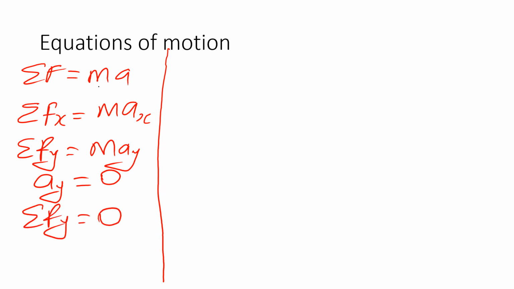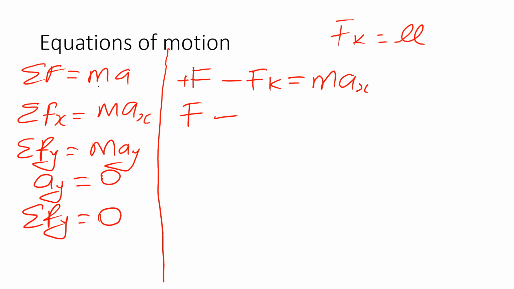Yes? Now, in the x direction, you have two forces acting. You have the force of pull going in the positive x direction, so it has a positive sign in front of it. And you have the force of friction going in the opposite direction, hence the negative sign, which is equal to m times ax. The force of pull is unknown, but the force of friction is equal to mu static friction as the coefficient multiplied by N. So this mu is given to us as 0.6. So F minus 0.6 N is equal to